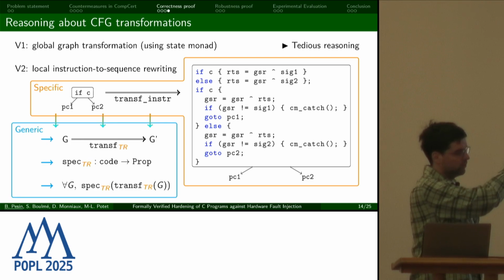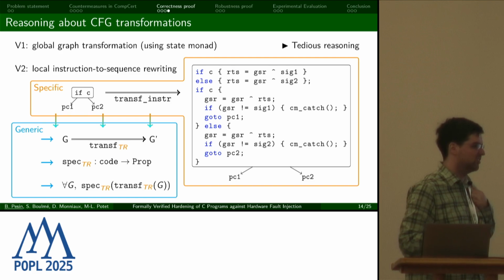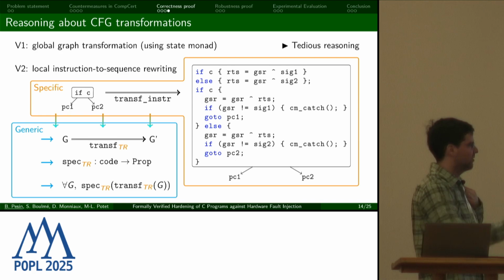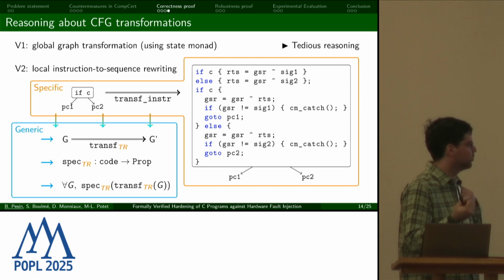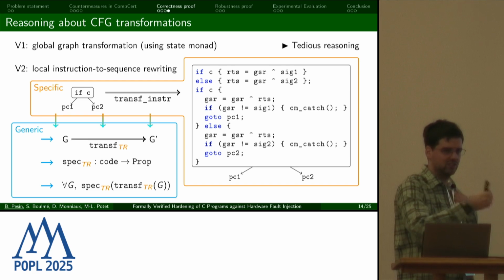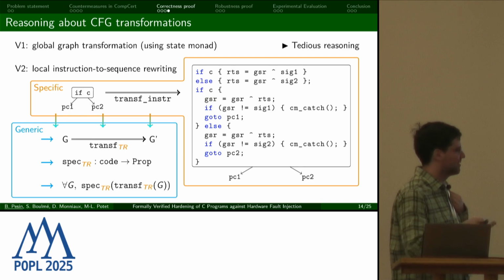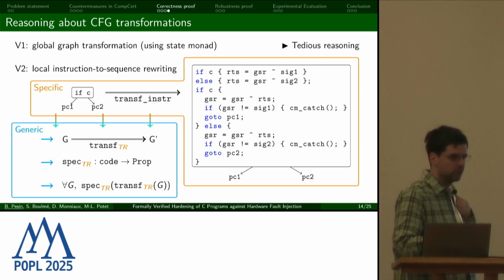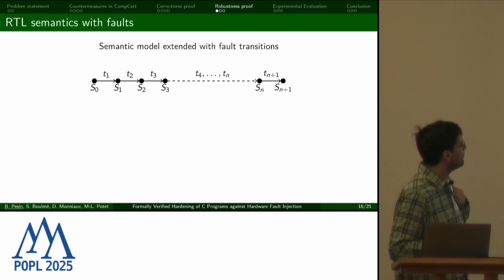And so this part in orange is specific to the transformation that you would like to implement. And the part at the bottom in blue is generic. So from this transformation, it actually generates a function that will transform the whole graph. And it gives you a specification which relates the source and target graphs transformed, and a proof of this specification. So this automates somehow the reasoning about the graph transformation, and we found it quite practical in practice.